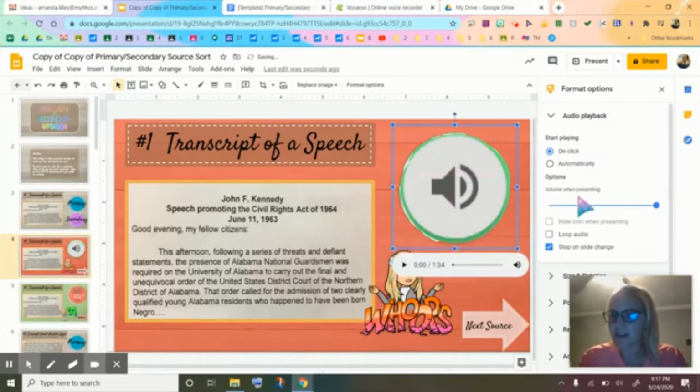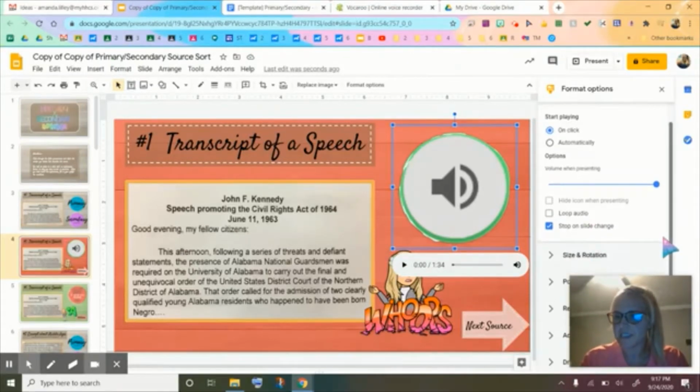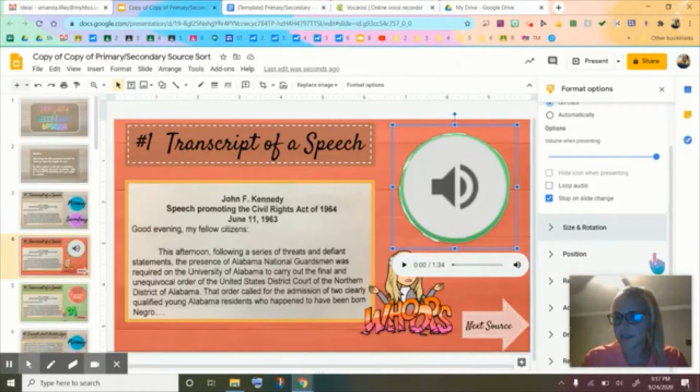You've got your format options for your sound. Don't do it automatically. If you just want to play music in a slideshow, automatically is good, but on click is what we're looking for, because we want them to click it to get the feedback. I don't want to loop it. I'm going to have it stop on the slide change so that they don't have to hear it. But this is the other important thing. You've already sized it,